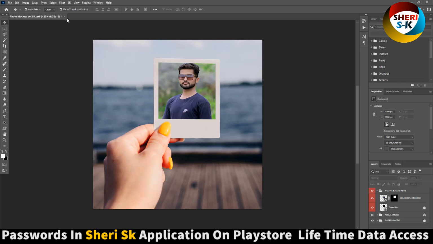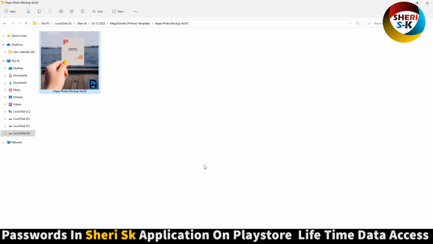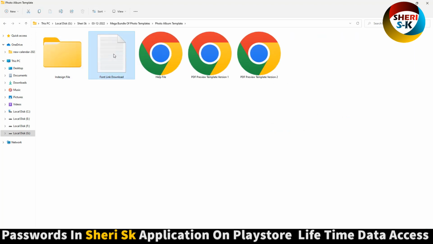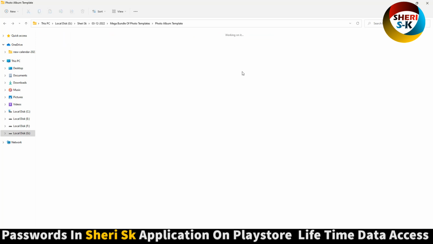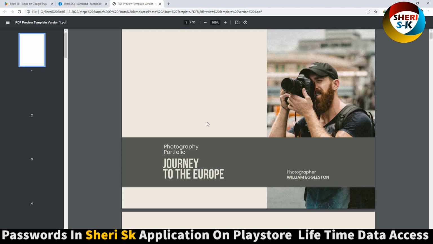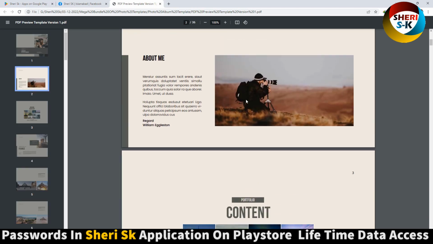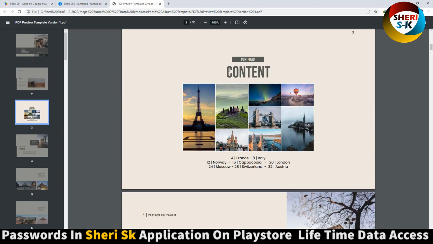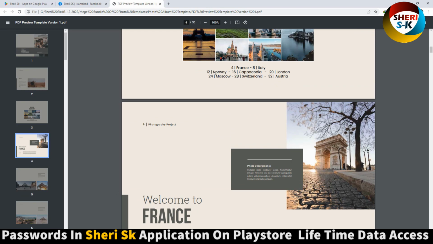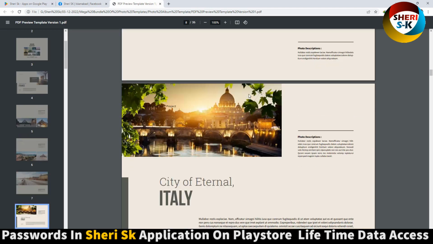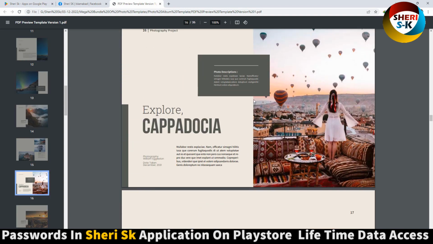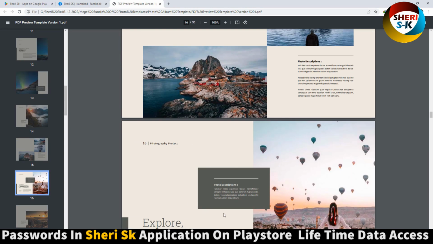Oh, now photo album font link. These files are InDesign version 1, version 2, and here is a preview. Put your photography, write about yourself, your name, content. Norway, Moscow, Switzerland, Austria, London, France, Italy. I think Italy, I don't know. Okay,